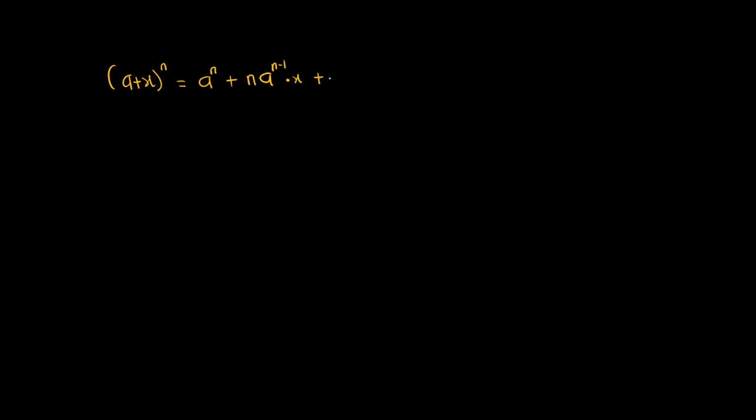Now we'll subtract 1 from it. So we have n into bracket n minus 1. Then multiplied by the a now will reduce by power 2. So a raised to the power 2. Then the x now over here is power 1, but here it will become power 2. Okay, the more you go, the exponent of the a is decreasing, but that of the x or the second term is increasing. Okay, so we have that over 2 factorial,